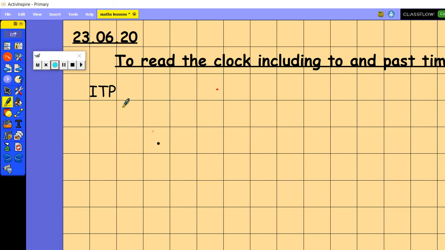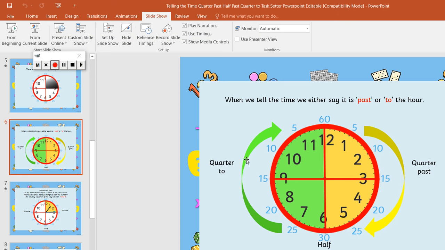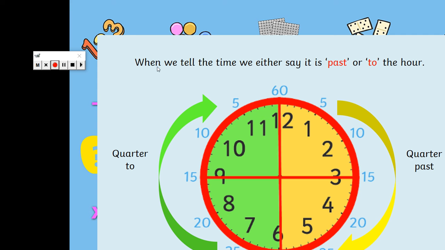Okay, welcome back, Bumblebees. So we're going to have a look today at reading the clock, including to and past times. Now, if we cast our mind back to yesterday's lesson, we had a go at reading the clock, and we were using this picture of the clock to help us to tell the time. So we're just going to recap very, very quickly